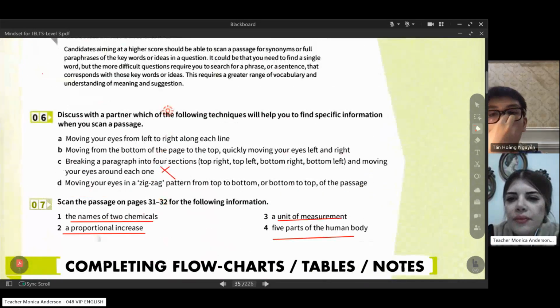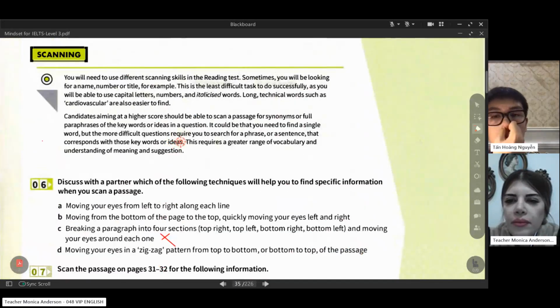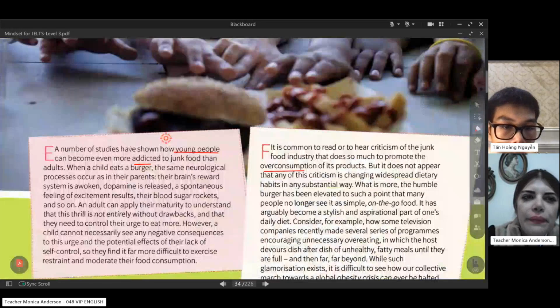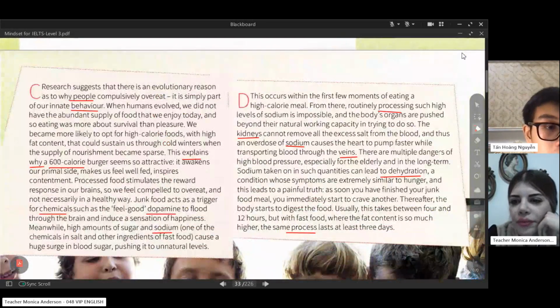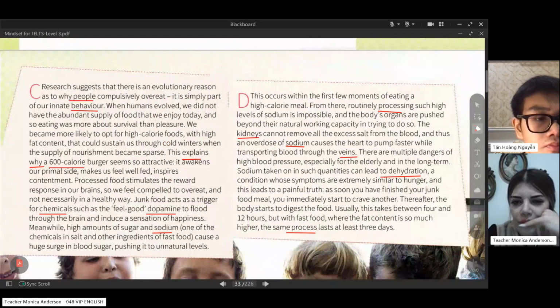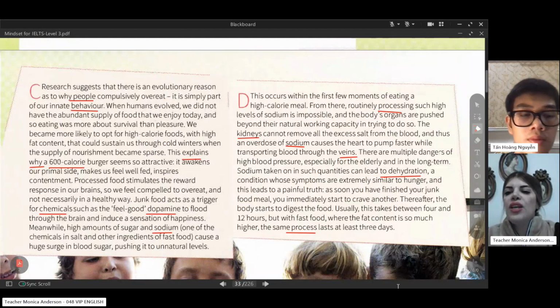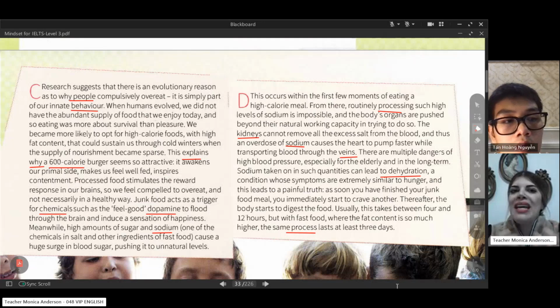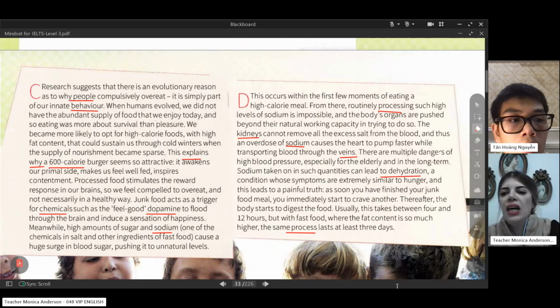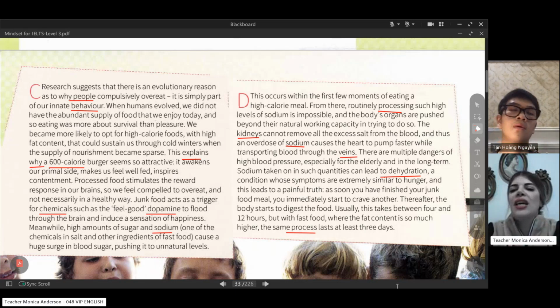Okay, C. Let's read. Actually, let me say, when we say reward response, we mean a natural process during which the brain associates something like substances or situations or events with something like this. So this is a brain process. This is a process during which the brain